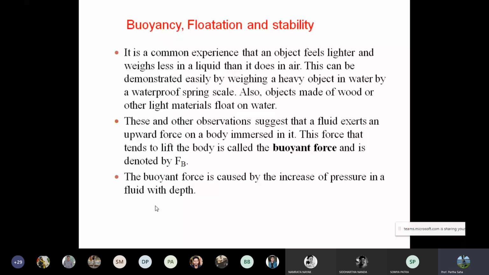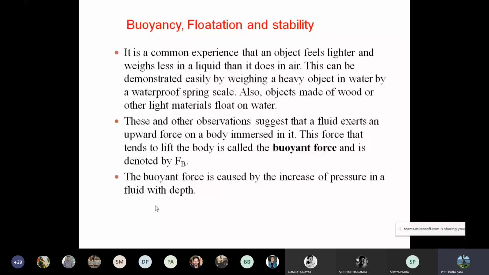I think all of you are aware of what buoyancy is, right? If you go down into the water, any static water level, you feel pressure, right? So the water tries to push you up, but gravity tries to pull you down. So there is a balance of forces which actually keeps you floated, right? But if the object is heavier than the density of the liquid, it will go down. But if it is lesser in density, it will float on top of the water. So this is actually how the forces balance each other, right?